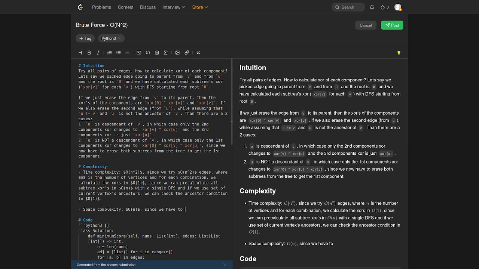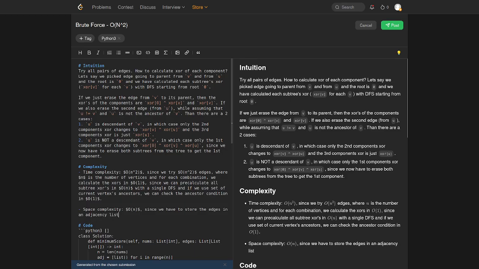We have to store the edges in an empty list, and our ancestor lists can have up to